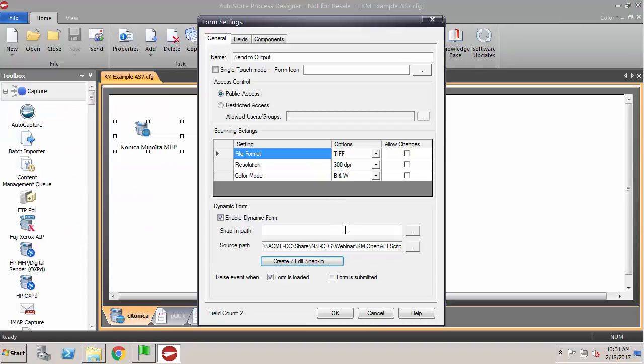When you're moving a config file from one edition of AutoStore into another edition, this will be one of the things that you could possibly run into, but it's when you're using a form script inside of any of your forms. Okay. The second thing that you want to be aware of, I'm going to click OK,